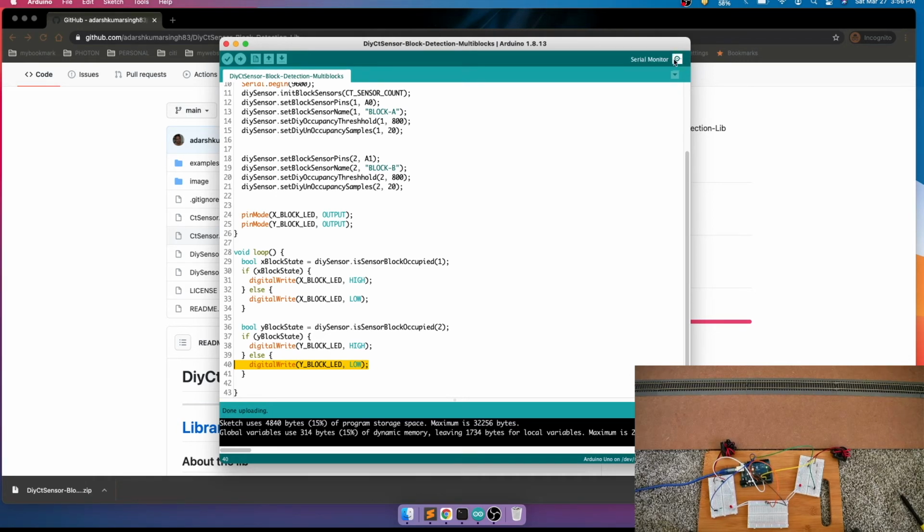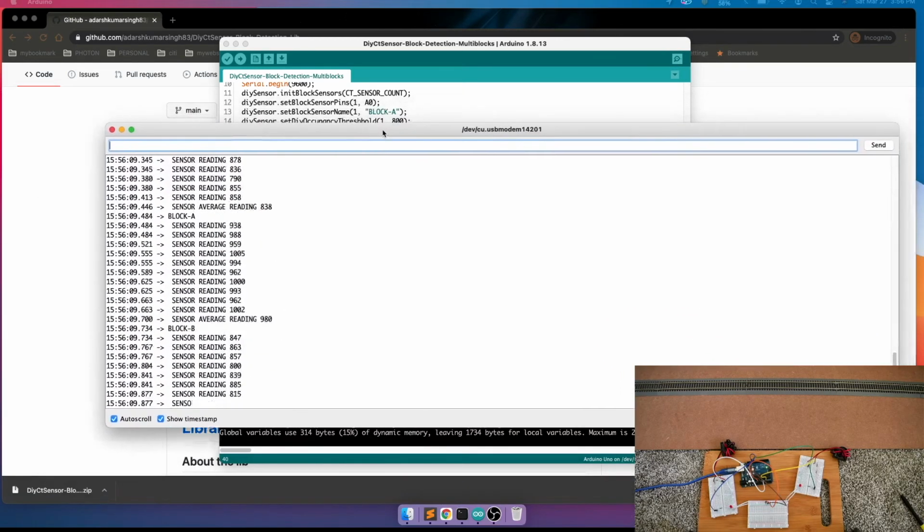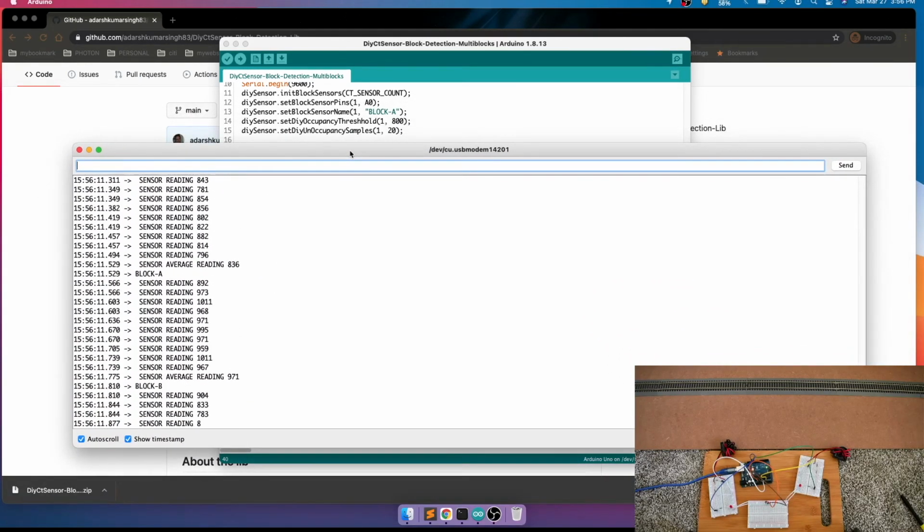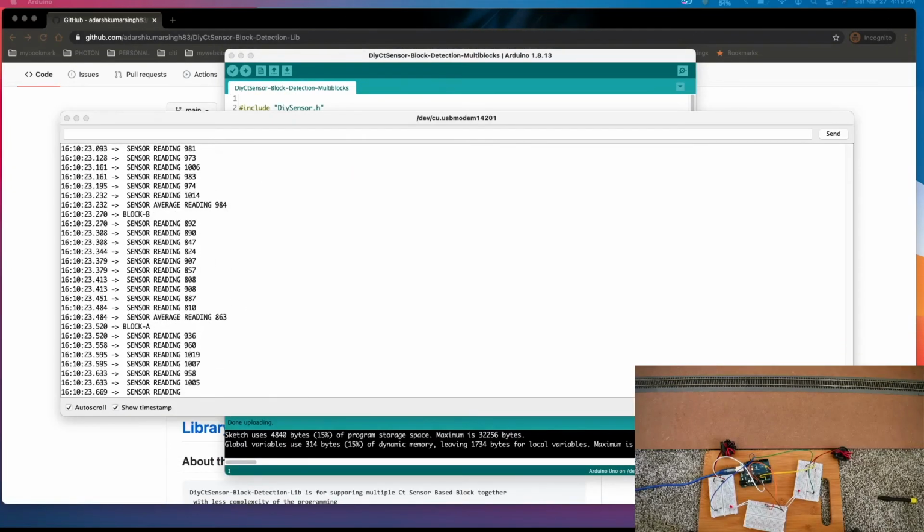Here in the serial monitor we can see whatever readings we are getting. So here you can see, if I start moving the locomotive onto the track, it started in block B, so the light will be on.